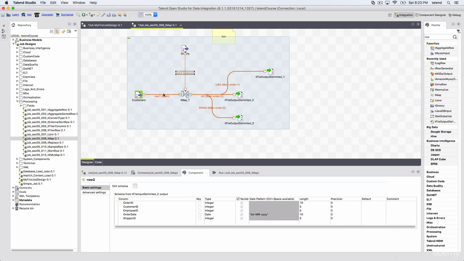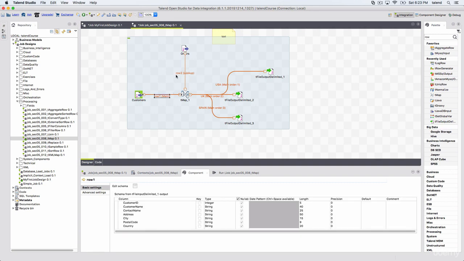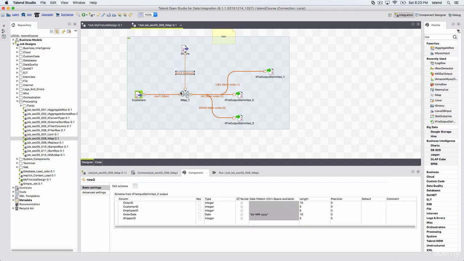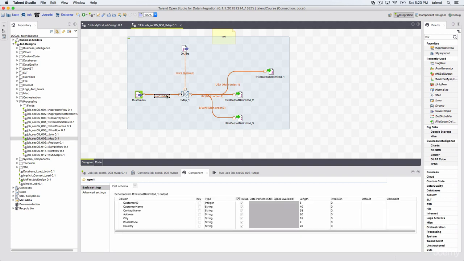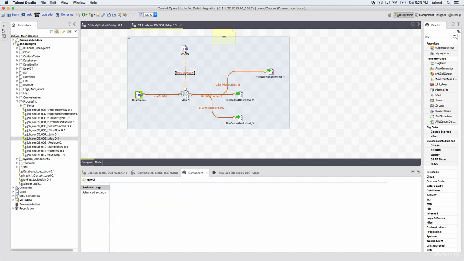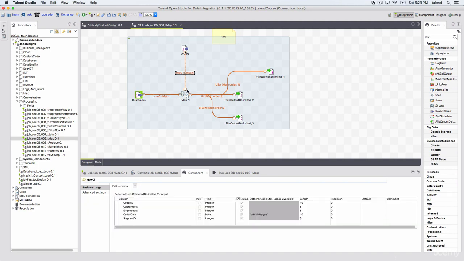For example, we already have one input flow here, and this is our second input flow to this component. So only one connection can be main to tMap, all others will be lookups. We will learn that when we get to tMap. But the lookup connection type is used when you have multiple input flows to a component. And remember, this lookup connection type can be converted to a main.